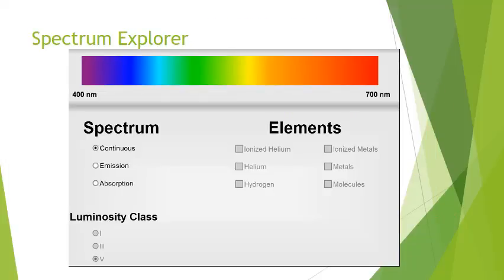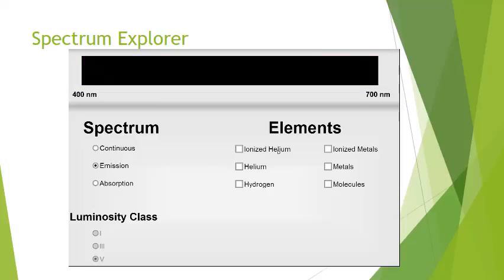Okay, just to reinforce what we know about the different types of spectra, I wanted to show you a little simulation. First of all, here's a continuous spectrum that shows all the visible wavelengths from 400 nanometers to 700 nanometers. And it's a continuous spectrum, so you would expect to see the entire rainbow. Now let's check out an emission spectrum. And I can choose now an element. Like I said, all elements have different numbers of protons and therefore different structures of electron orbits, and therefore essentially fingerprints.